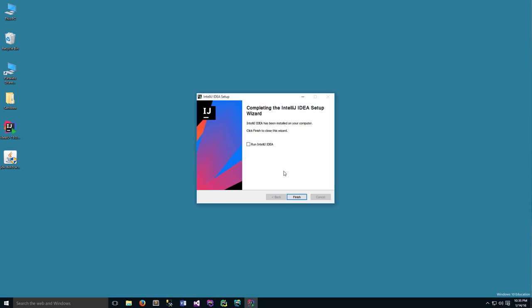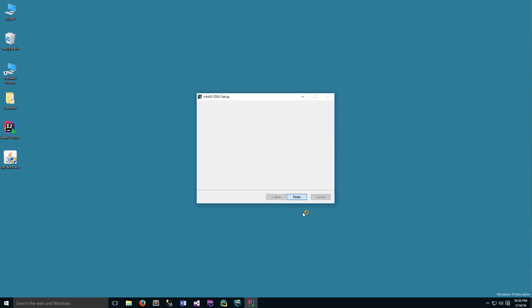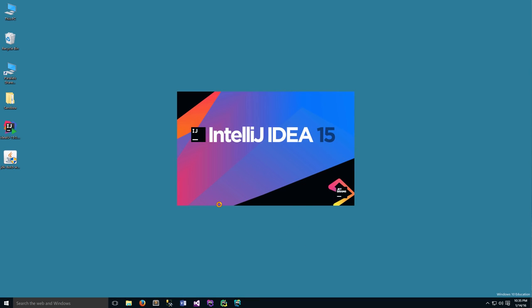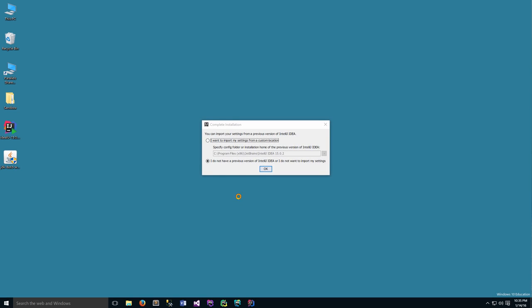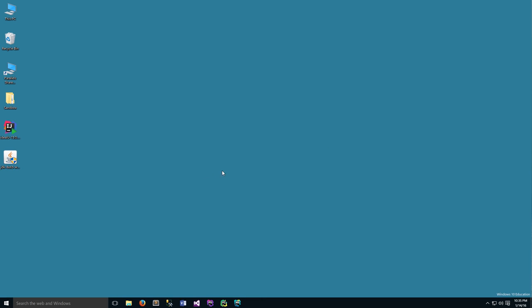So at this point, IntelliJ IDEA has been installed, and I'm going to select Run IntelliJ IDEA so we can just launch right into it. Now, when it comes up initially, it will ask you if you want to import settings from a previous version. I'm going to just say that I don't have a previous version, and then the next thing it's going to do is prompt you for